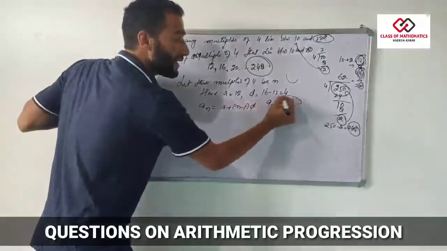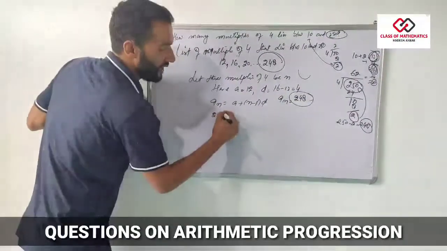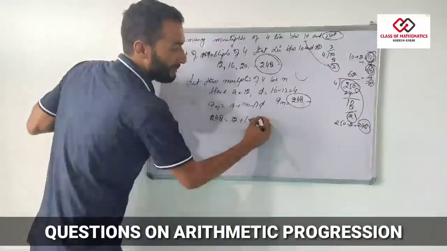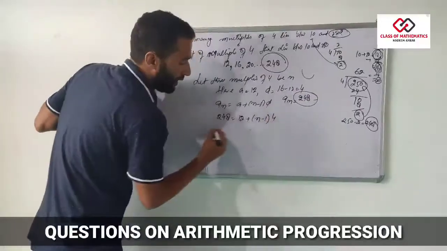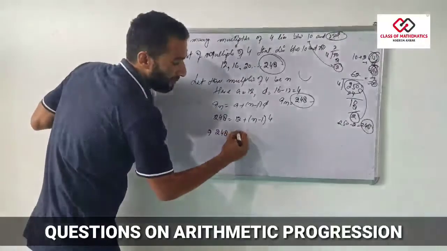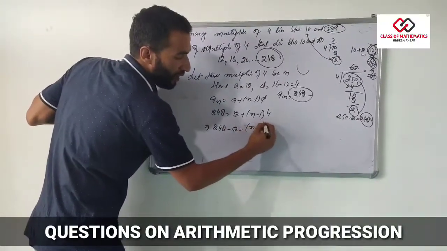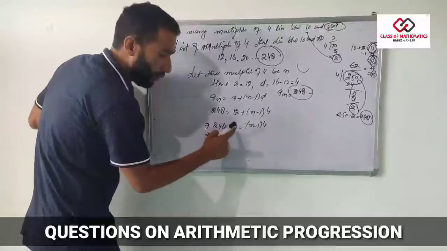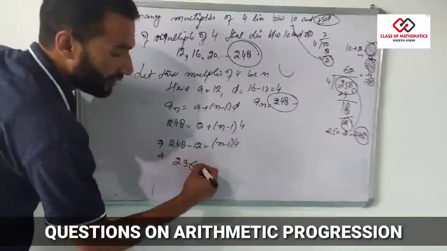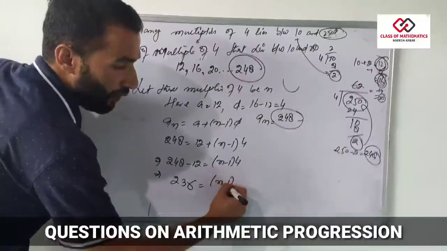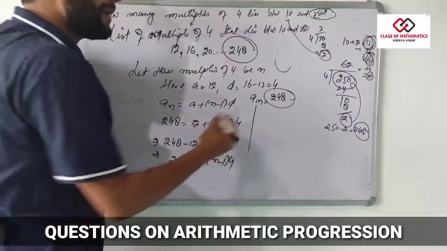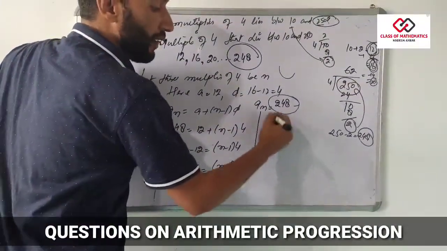Now what's this AN? AN is 248. What's this A? A is 12 plus n minus 1, which we have to find. What's D? D is 4. So it will be equal to 248. Transform this to this side, it will be minus 12. That will be equal to n minus 1 into 4. Now look here, it will be 6, it will be 3. That will be 236. It will be equal to n minus 1 into 4, which further implies n minus 1 stays here, and when we bring this 4 here, it will go in division. So n minus 1 will be equal to